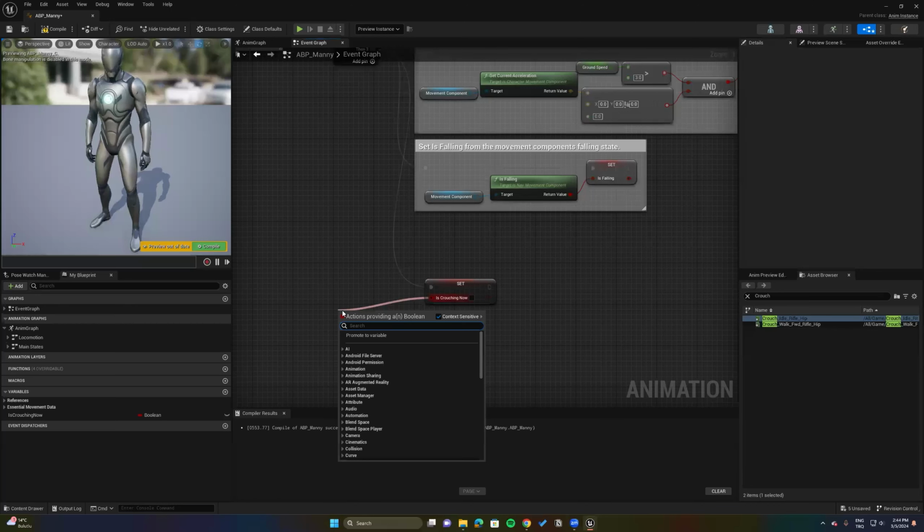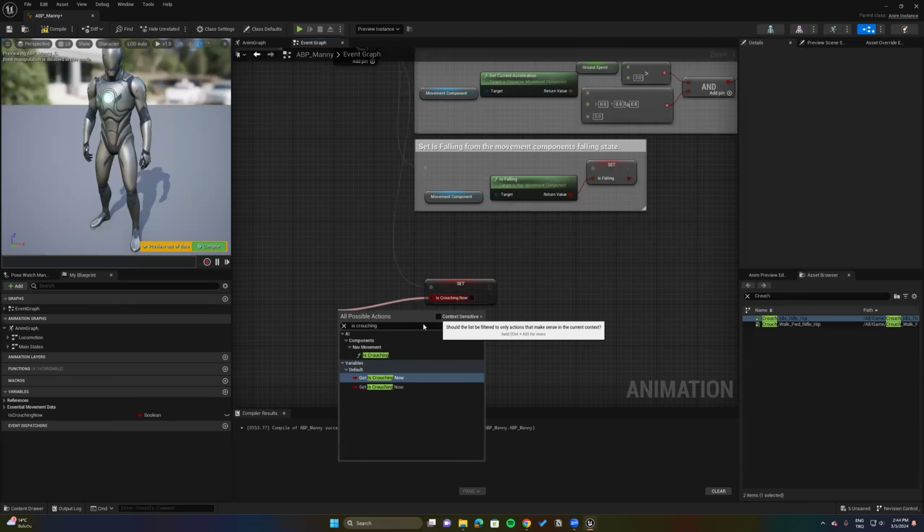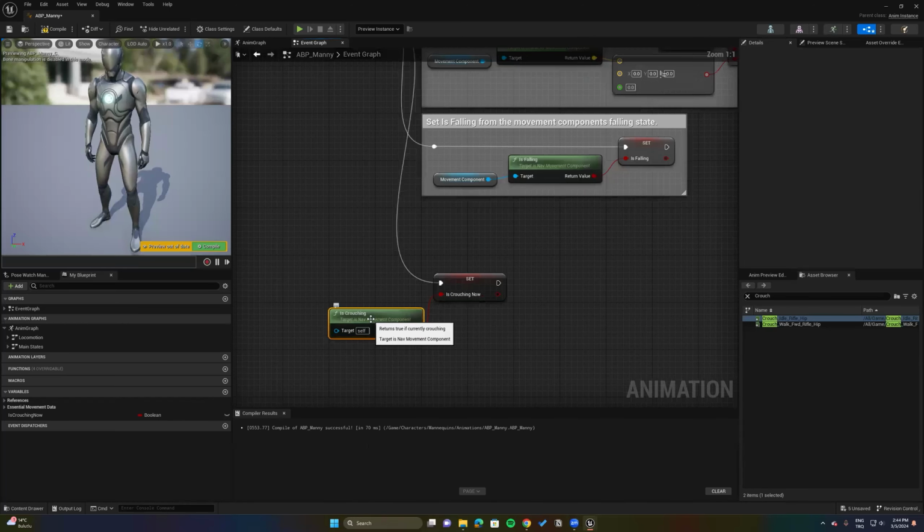If you search for is crouching, now I'm searching for a function for deciding is crouching. So if you make the context sensitive disabled, you can reach this is crouching function, and then it